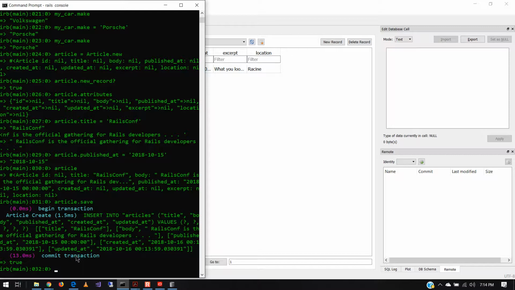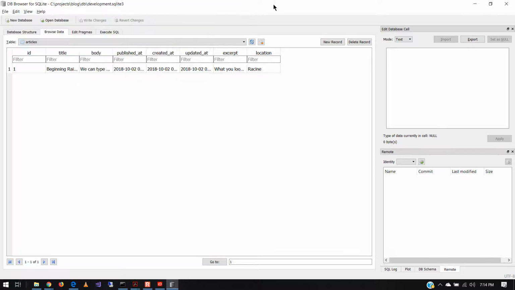Yep. And as long as you don't get an error message or a false here, you're good. Now you should come back and hit the little refresh button in the SQLite browser, and there's the stuff you just entered. Isn't that cool? Yeah, and we did it all from the prompt. Now, granted, if somebody's running your web application, they're not at the prompt typing in console commands, but your code can do it,